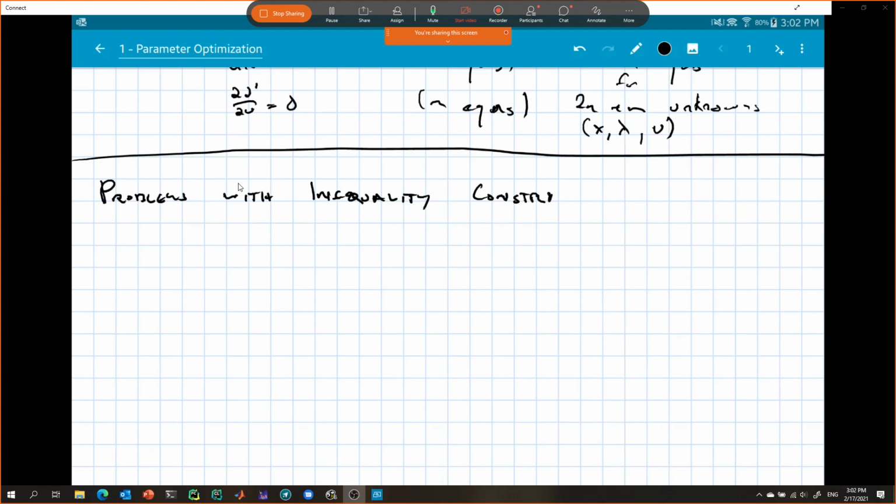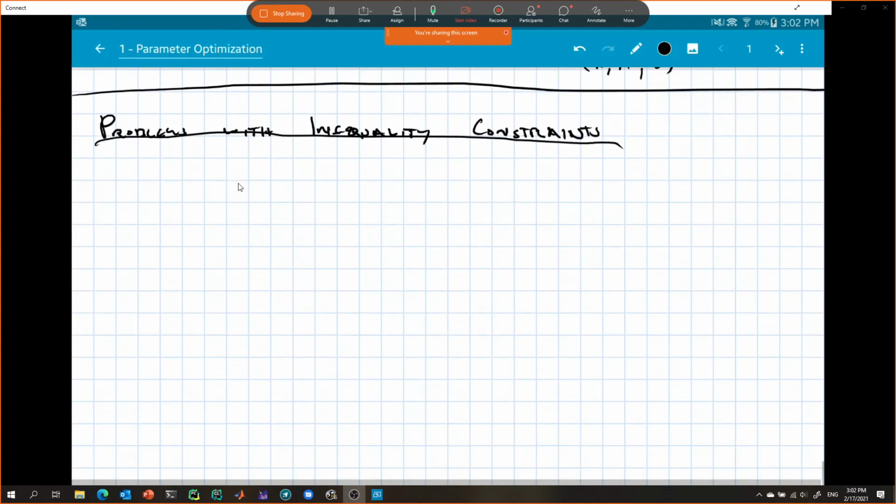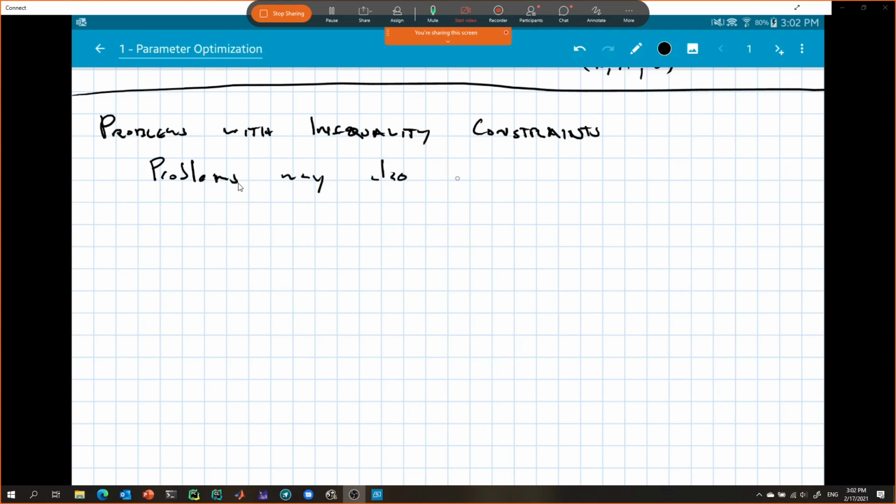Oh, my handwriting's getting worse. Okay. So, I need to remove that line. So then we, kind of redundant, but problems may also contain constraints of the form